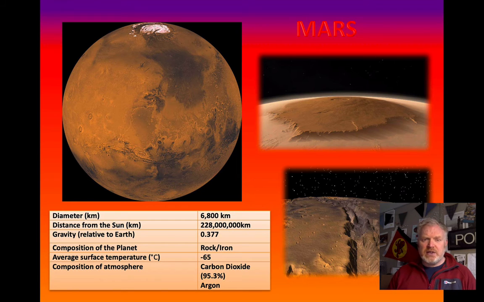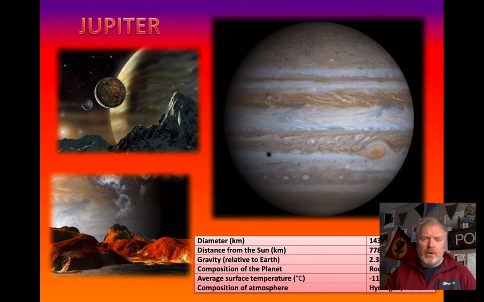Despite the fact it has such a carbon dioxide rich atmosphere, along with some argon, the greenhouse effect here isn't enough to warm the planet up. The atmosphere here is actually quite thin. We then jump out past the asteroid belt